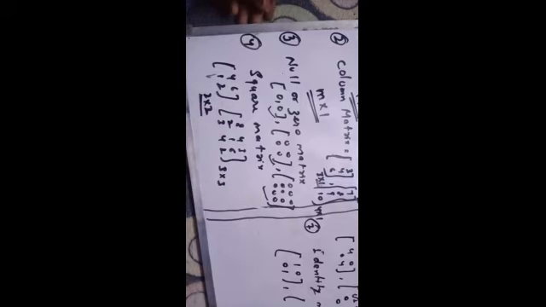The next thing is a square matrix. Square matrices are those matrices in which the number of rows and number of columns are the same. See here, we are taking this example 4 6 1 2. So you can see the order, that is 2 by 2. That means the number of rows is 2 and the number of columns is also 2. So any matrix where the number of rows and number of columns are the same is known as square matrix. So here it is a 3 by 3 matrix. Here the rows is 3 and columns is 3. So this is known as square matrix.